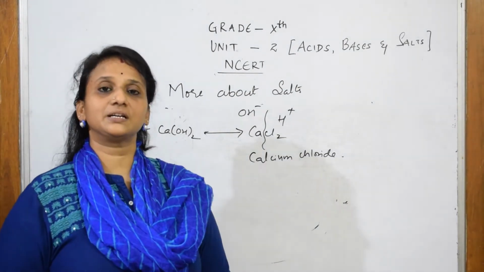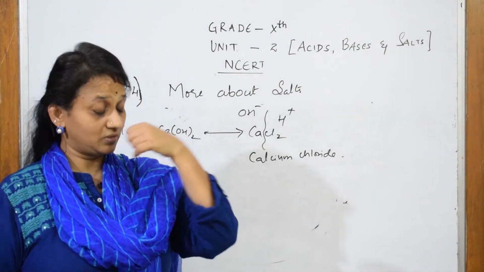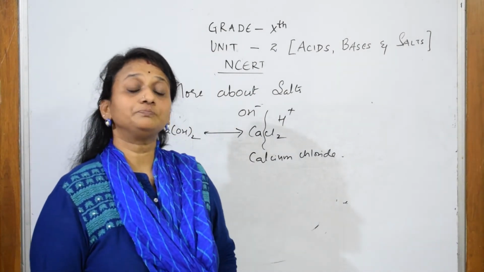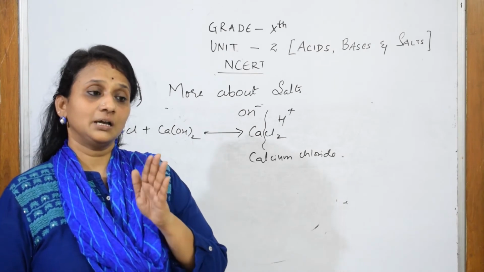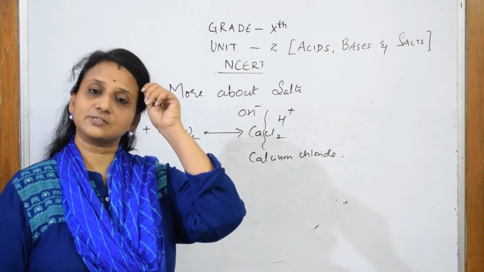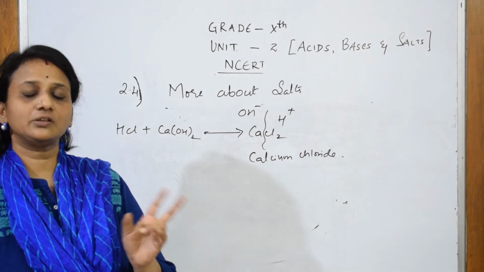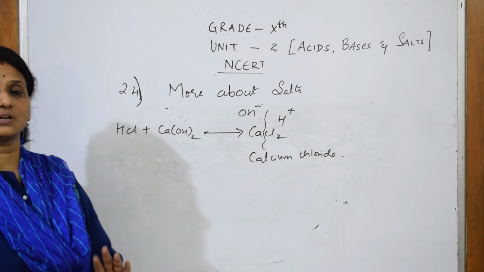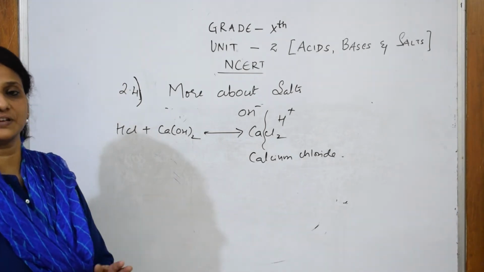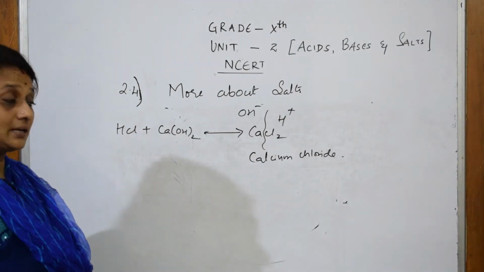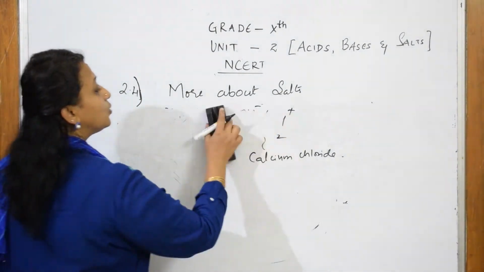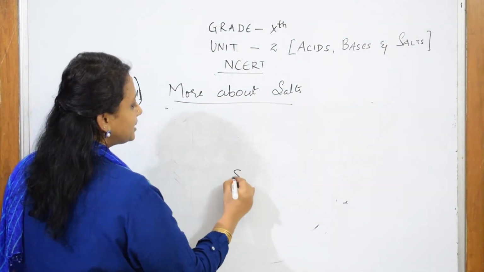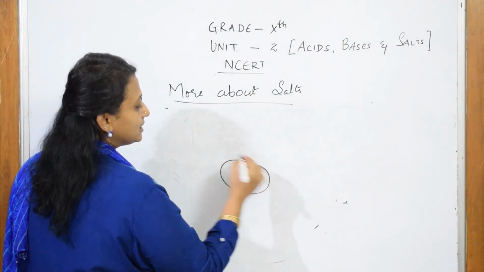So let us once summarize. We have learned the definition of salt, done. We have learned the preparation of salt, done. Then I have given you in a salt what basically it has a parent acid as well as a parent base atom. Together only through neutralization it forms salt. Then I have given one more concept, salts of chloride, salts of nitrate, salts of sulfates, like that, and I've given you an example. Now you need to understand what are the different properties of salts. Okay, so now we will learn little bit. We'll put a salt in the center and learn its properties.